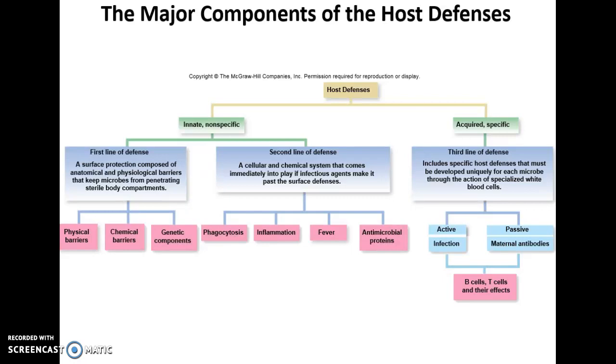Then on the right side you have acquired immune defenses, and the acquired defenses are going to be very specific. This is the third line of defense, and the major cellular components of this system are your B cells and T cells seen at the bottom there. The way that you are going to acquire this specific immunity can either be through your own immune system's working, and that's going to be active immunity, and that's going to be through infections. It can also be passive, but both are going to be able to utilize the B cells